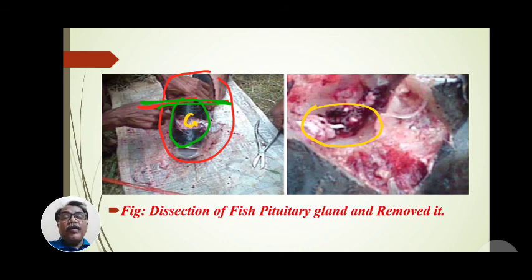What do you mean by hypophysation? Removal of the pituitary gland from a mature fish for extract preparation, for injection of pituitary gland extract. That process is called hypophysectomy, and removal of the pituitary gland is called hypophysation. Hypophysectomy is to be done, and this pituitary shows a good result for induced breeding by hypophysation. Understand? Any problem, please ask.